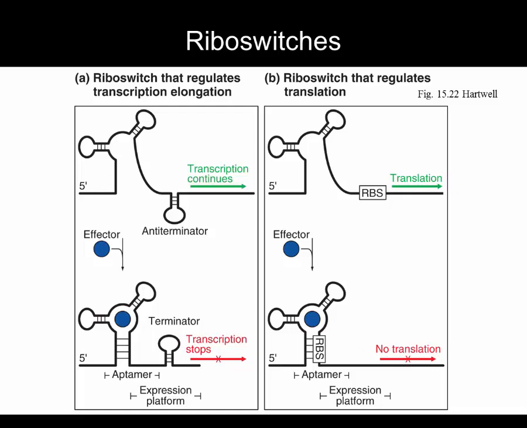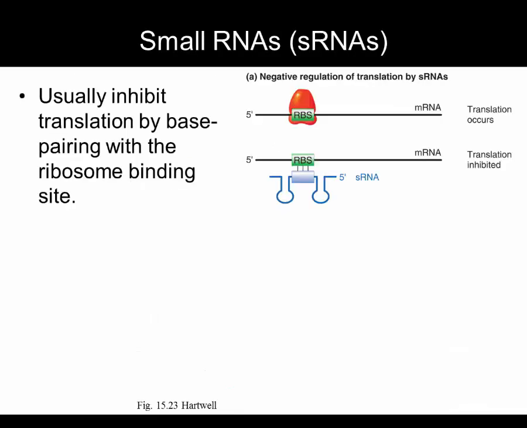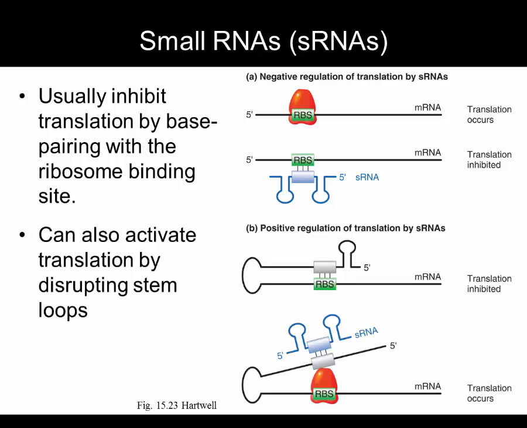These are both forms of negative regulation, but aptamer binding could just as easily prevent termination loops from forming or make ribosome binding sites accessible. It all depends on the specific situation. Additionally, there are small RNAs, or sRNAs. sRNAs can base pair with ribosome binding sites, blocking access to the ribosome and preventing translation, though these too are